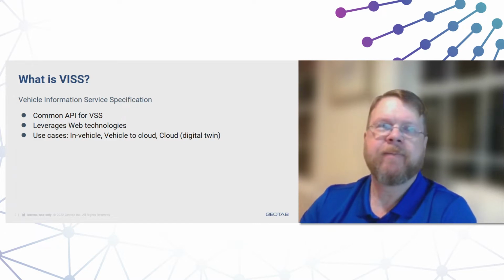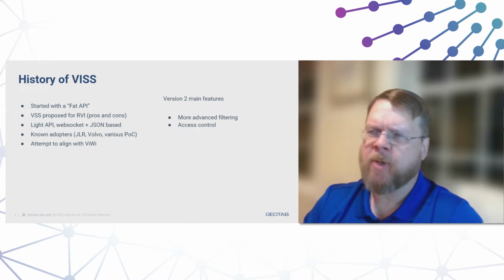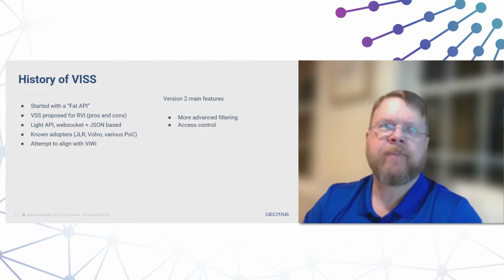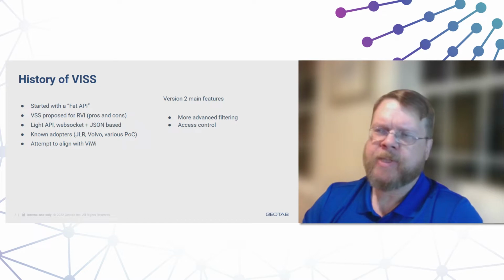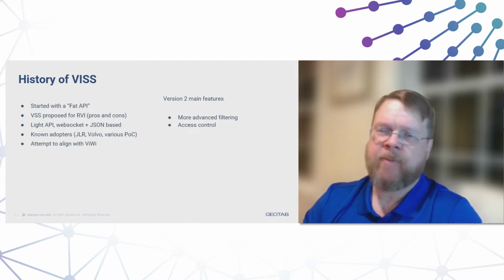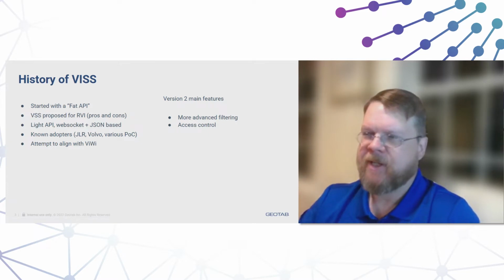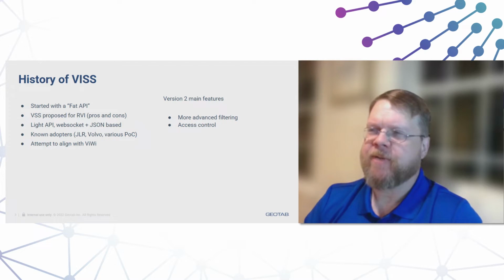Next slide, please. Yep. So, history of VISS. The W3C working group started with, let's call it, a fat API. A fat API has a different method for every get or set of a data point. So get vehicle speed, get front left tire pressure, these sorts of things. That's rather onerous. It's how it actually started,